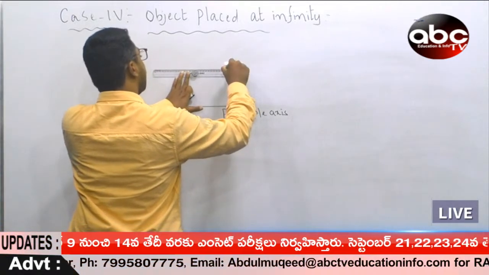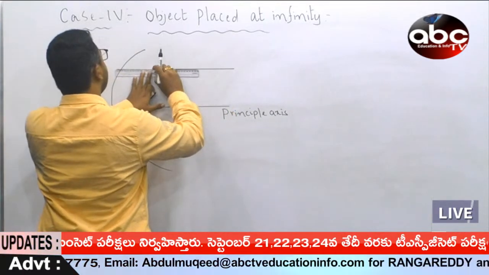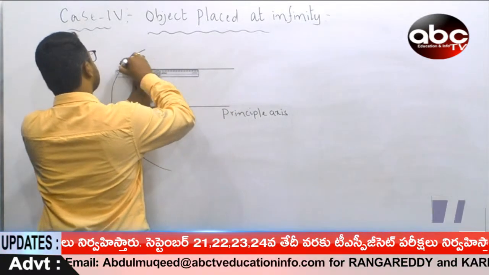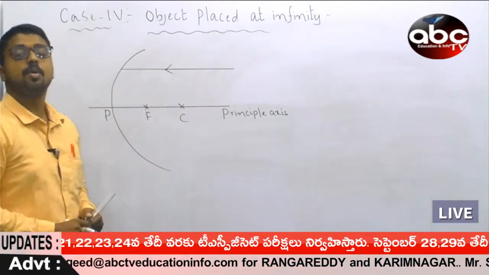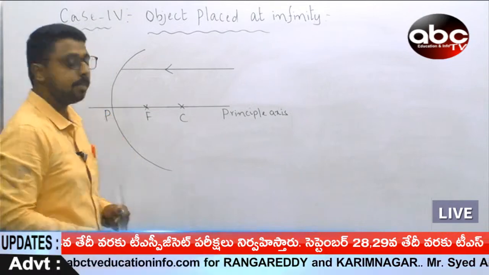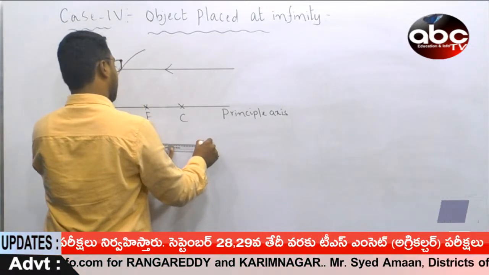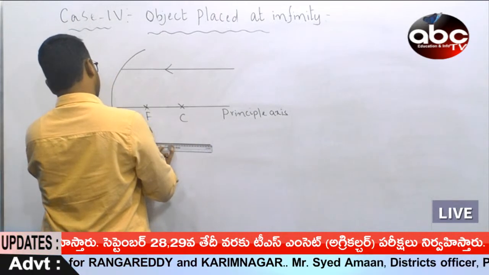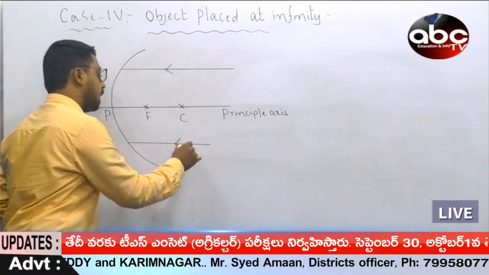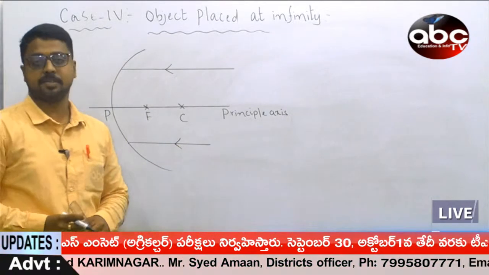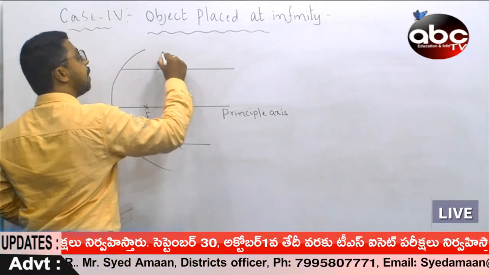How is an image going to be obtained? Let us consider parallel rays to understand the properties of the image. You listen here carefully. Whether an object can also be placed downwards. So I am able to take one more parallel ray which is below the principal axis. So what is going to happen? This is nothing but a parallel ray